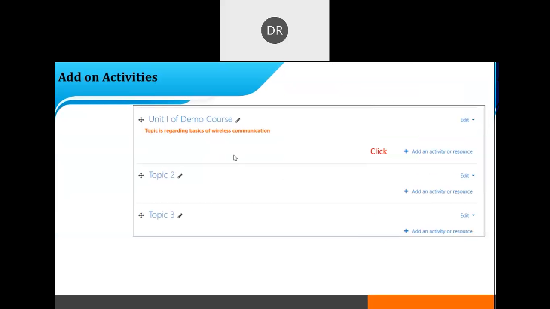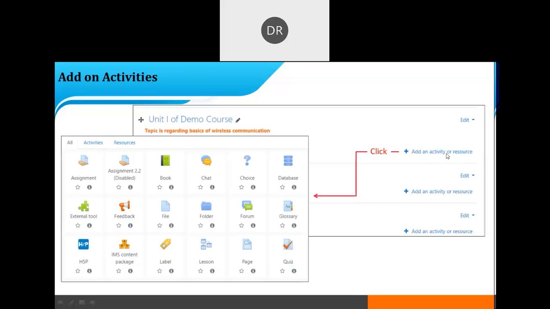Now we'll see how to add the activities. Activity means the resource. For example, for unit number 1, if the contents are available in Word format or PPT format, you can upload them here by using add an activity or resource. Just click on add an activity or resource.